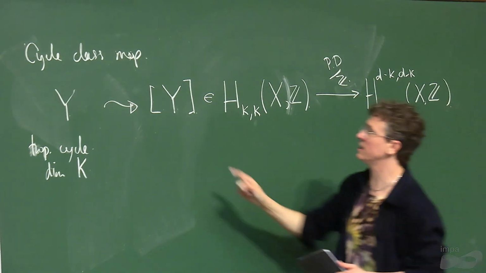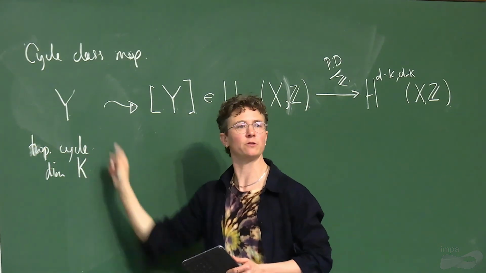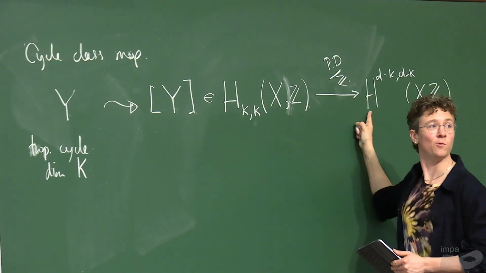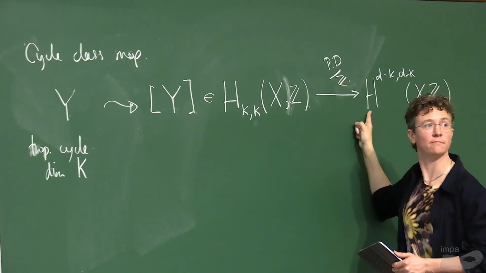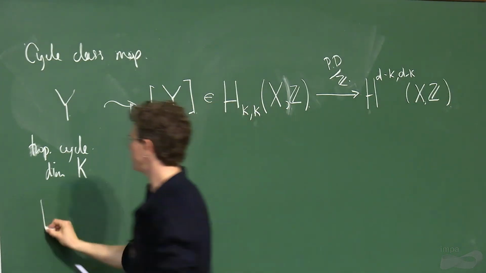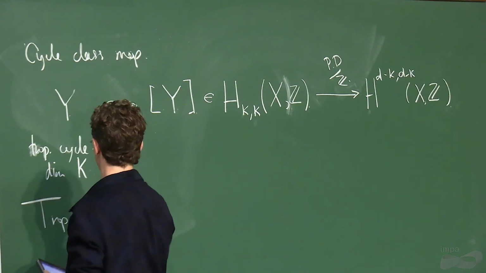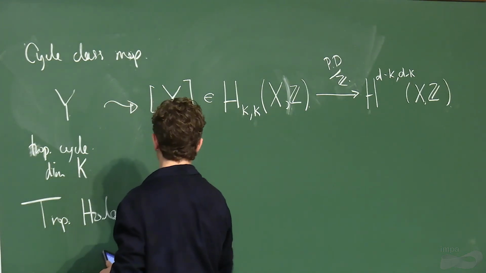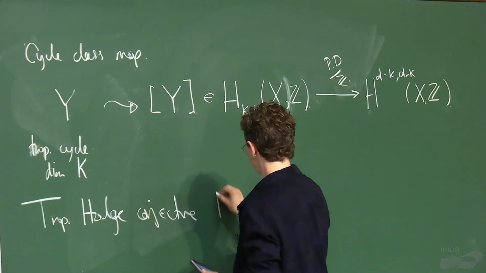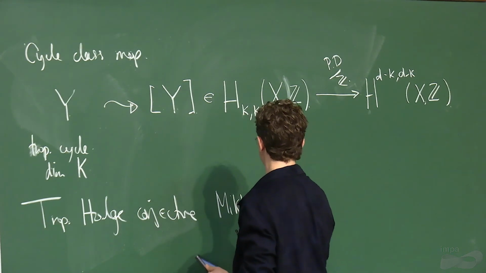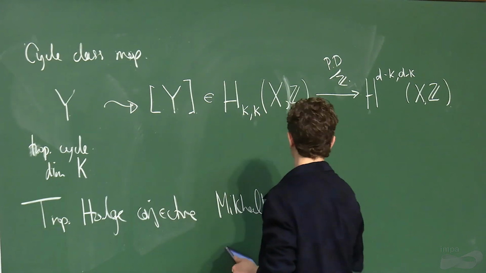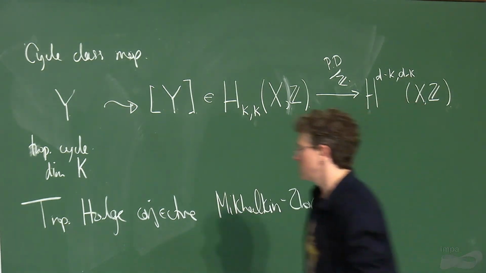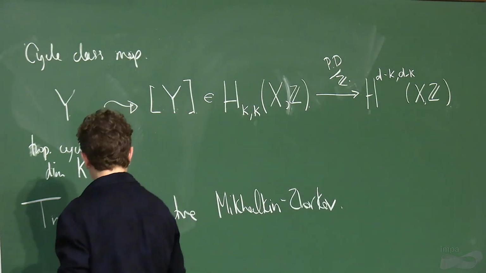Okay, so we're thinking about what is the image when I take all the tropical cycles, these actually form a group, and I think about what they do here. So the tropical Hodge conjecture of Mikhalkin and Zharkov states that, or so the conjecture is that the